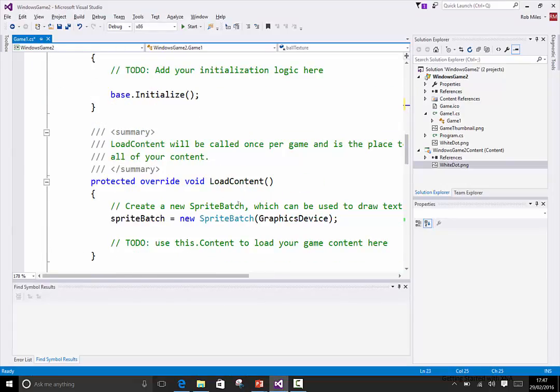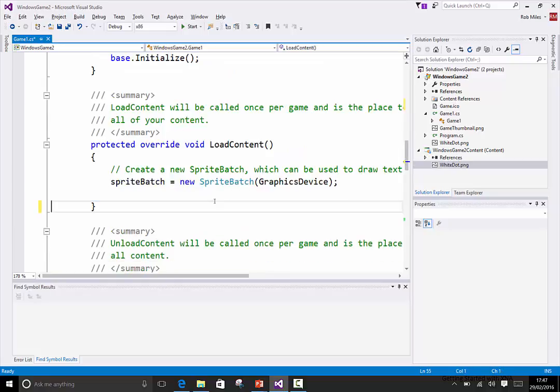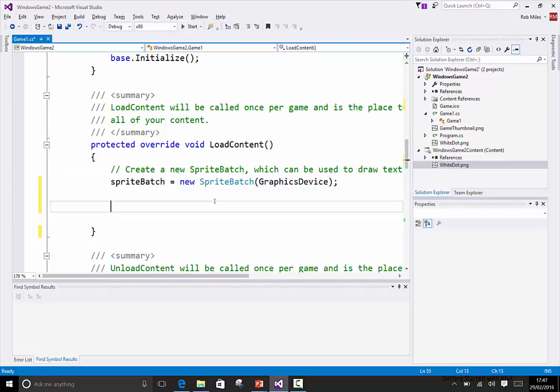Where are you, my friend? Here you are. So I'll get rid of that to-do because I'm doing it now. Look at me. Right. So now, ball texture equals Content